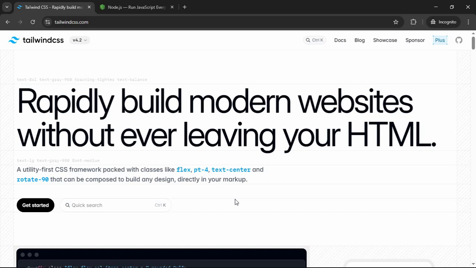Hi everyone. So today we'll learn how you can use Tailwind CSS in your HTML project in VS Code. As you can see, currently I'm on Tailwind website, and before we start using it in a HTML project, we